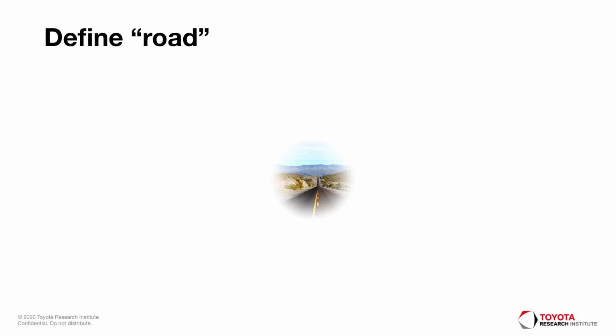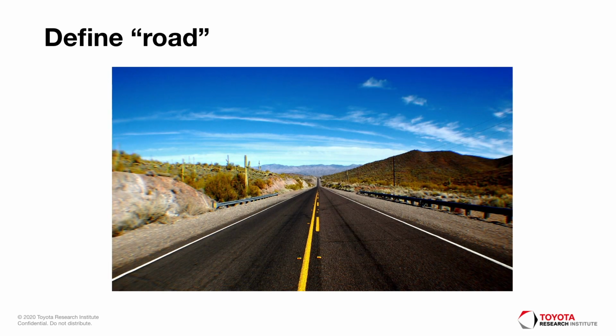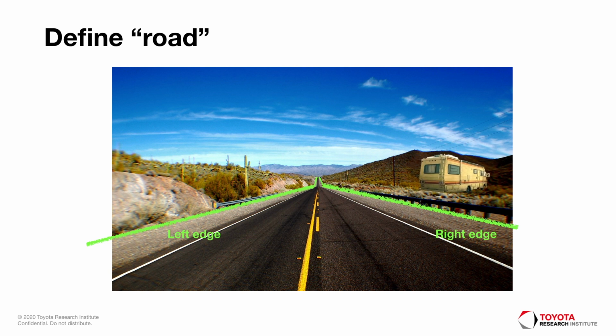Here I've purposely chosen a rather plain, unadorned road so that we don't get too distracted. What are its defining characteristics? In other words, what distinguishes a road from some other place where we might drive, such as a parking garage? First and foremost, we discern two bounding edges on the left and right, establishing the limits of where we can safely drive. I mean, you could wander off into the desert Breaking Bad style, but then you would be,